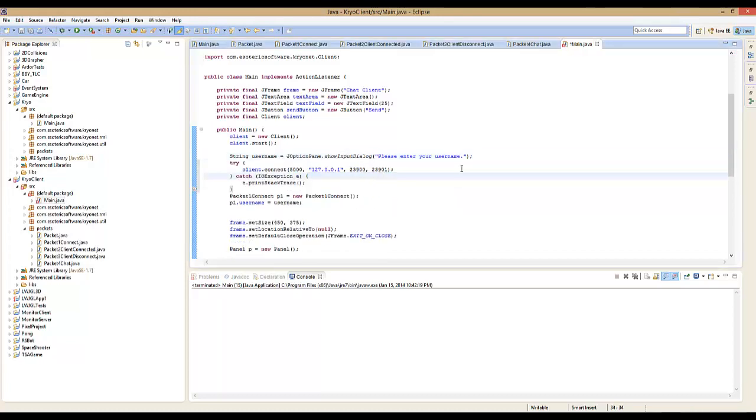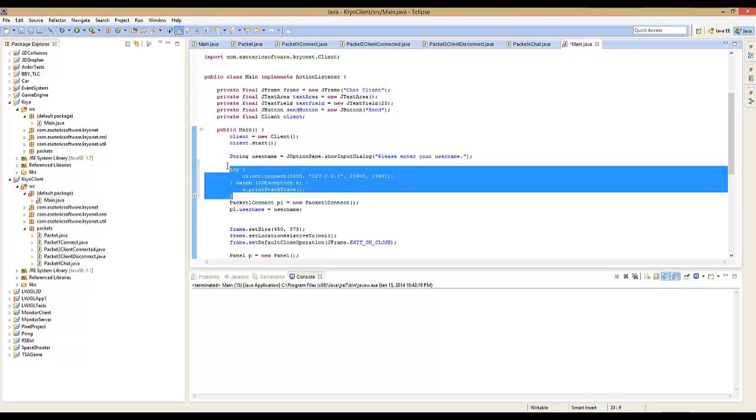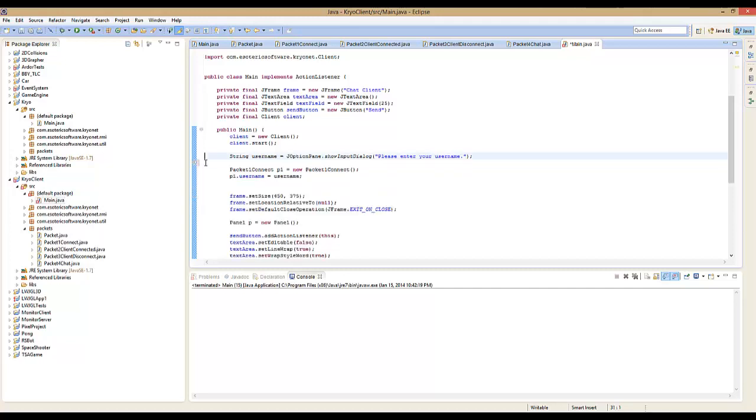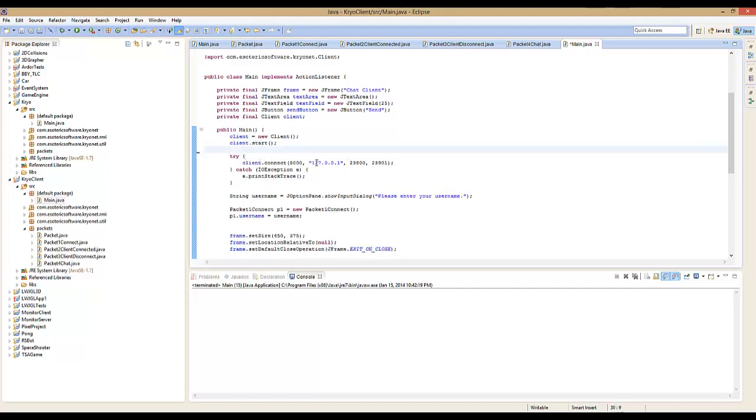Now, what was the reasoning for putting it under the username? Actually, I guess it would make more sense to put it above. So before anything's run, we're going to put it above. We're pretty much going to try and connect to the client. If the client connects, we will continue on. Otherwise, we're going to do,